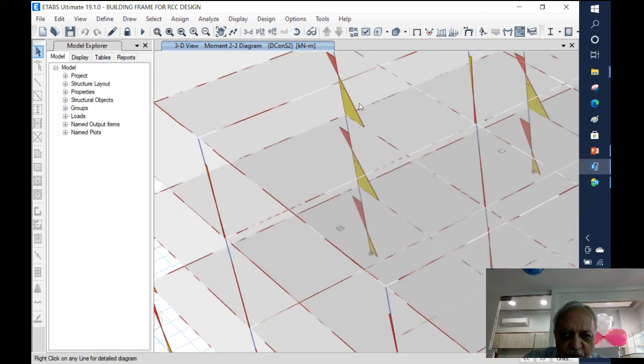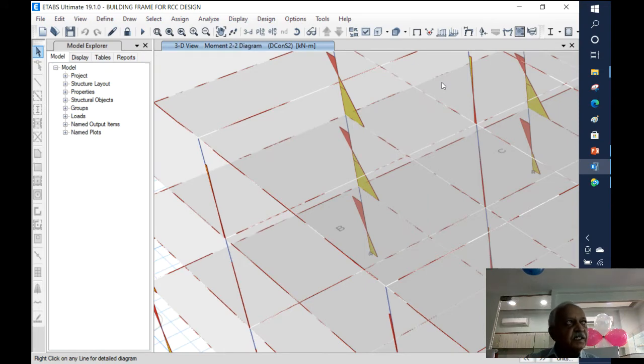Okay, so for the columns you can see that you have got these bending moments developed in different columns, and so on and so on. So we can see that for different members the forces are developed. So we say that our analysis is primarily done to determine the forces in the member. Our next stage is of course designing the different members for providing reinforcement and so on.